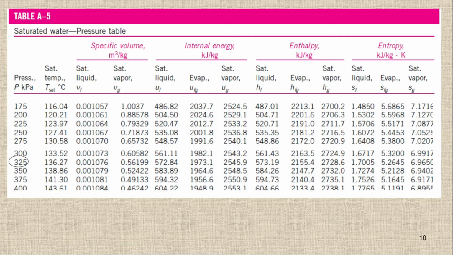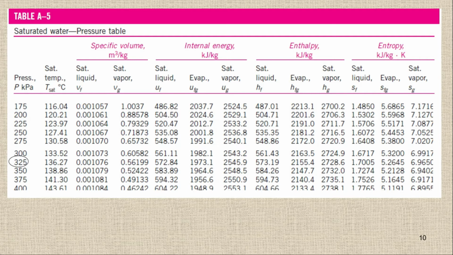Students, be careful. Whenever we have an ideal gas, we have to use PV = mRT, and whenever we have any pure substance, we have to use the tables. In this question we have water, so please do not use the ideal gas equation PV = mRT to find any property. Always find the properties using the table for water or any other pure substance.